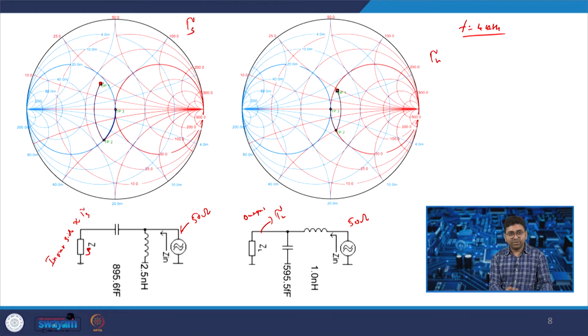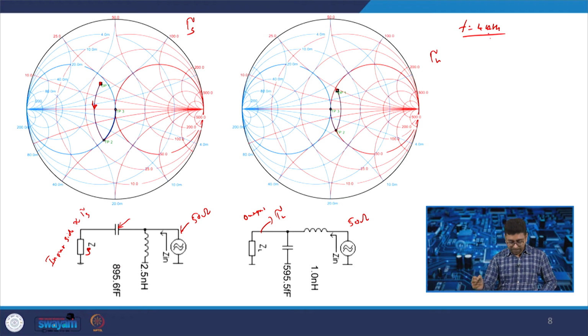Now, how can you match? You need to reach to this 50 ohm circle, 50 ohm point, and how can you reach this 50 ohm point? If you come down on the Smith chart. Now, when you are coming down on the Smith chart, you are using the Z Smith chart, that is the red lines, and when you are coming down, that means you are adding a capacitor in series. So, this is a capacitor that you are going to add, that will be around 895.6 femtofarad for a frequency of